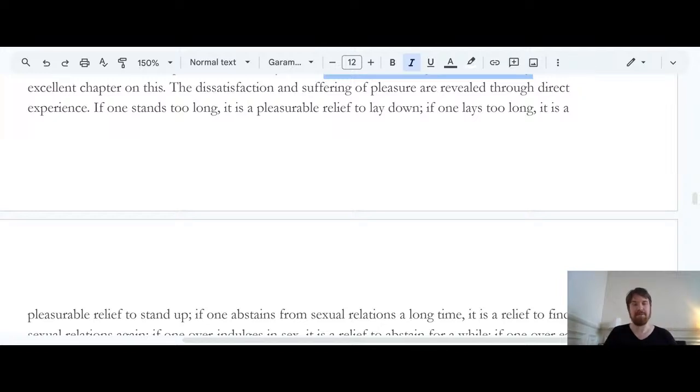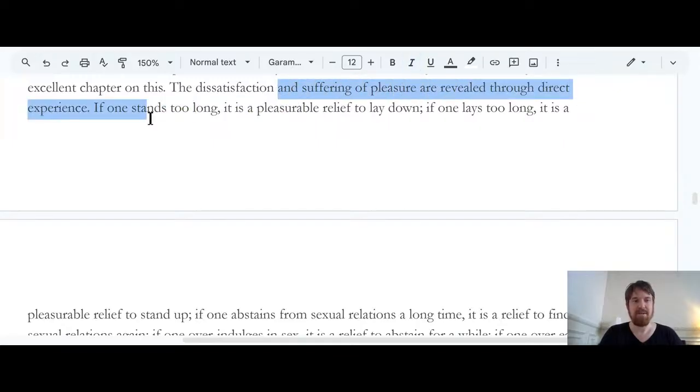this is horrible. I have to stop doing this. I need to find something else. And it becomes torturous to watch your favorite show, right? So pleasure is revealed to be a type of suffering through the way that it changes into boredom and then pain, obvious pain. So Aryadeva has this hilarious sort of discussion where he says, well, the suffering of pleasure is